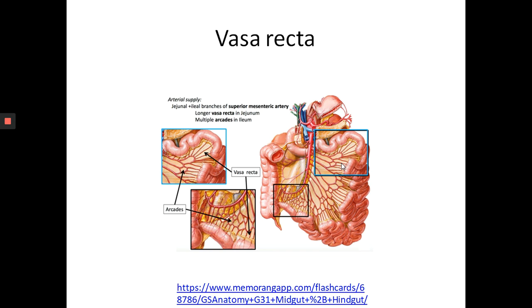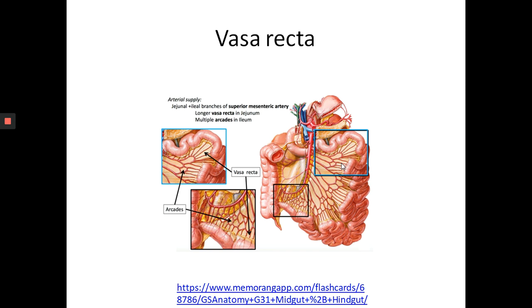The venous blood mimics that of the arterial supply, which coalesces into the superior mesenteric vein, which then joins with the splenic vein to form the portal vein. So the blood is collected back by the venules, which mimic the arteries. Then they join with the mesenteric vein, and the mesenteric vein joins with the splenic vein and forms the portal